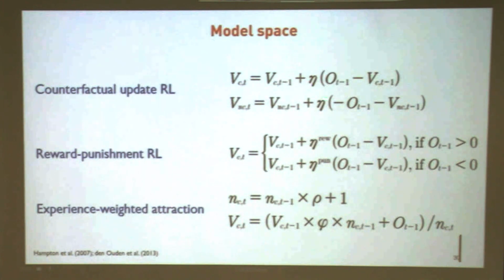So you see here, the first line is the core model I showed you, but this one updates the value of both choice options. And if you also think about the updates, this is your expectation, this is your outcome, you update, right? People might update in an asymmetrical manner, such that when they receive a reward, maybe they update faster, and when they receive a punishment, they update slower, or maybe the other way around, doesn't matter. We just give additional degrees of freedom to quantify the learning in the reward context and also in the punishment context. And here is another one that's a little bit more complicated.